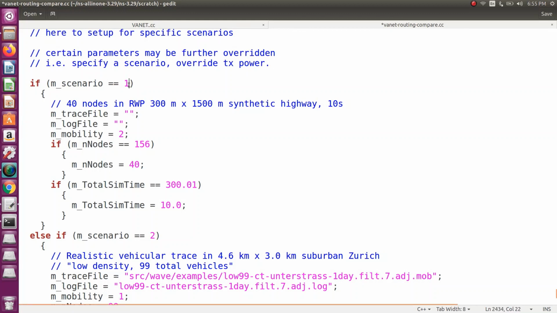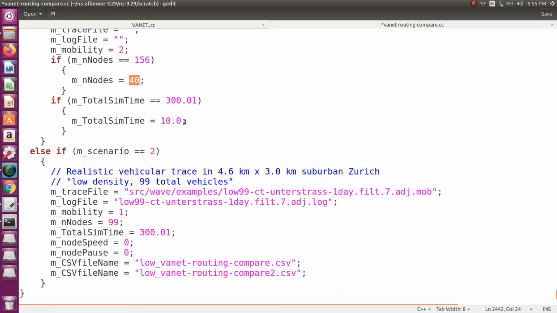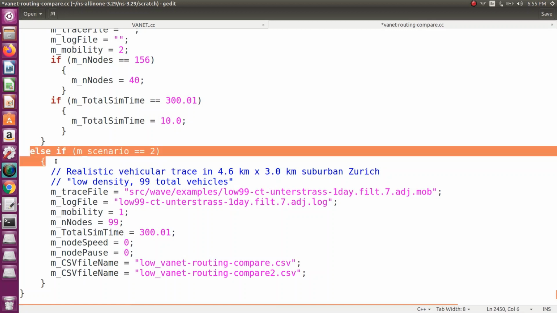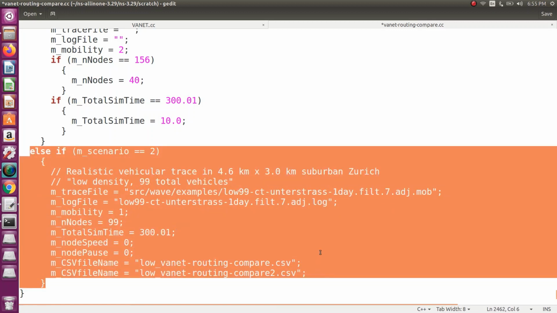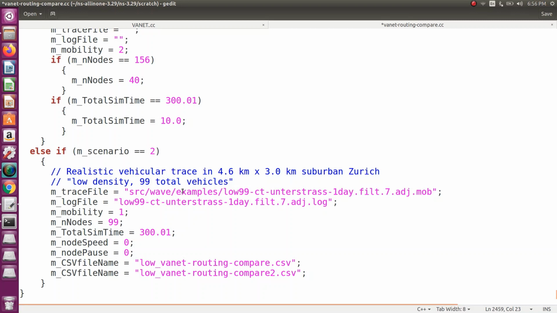Scenario 1 is not for real-time simulation, it is for basic simulations. You can run the program for basic simulation, and based on your nodes you can change the number of nodes; by default it is 40. Scenario 2 we are using for real-time simulation, so we are going to change that scenario 2.